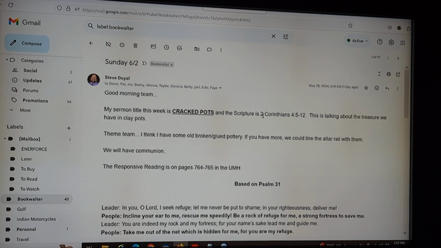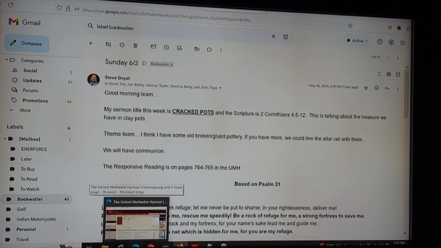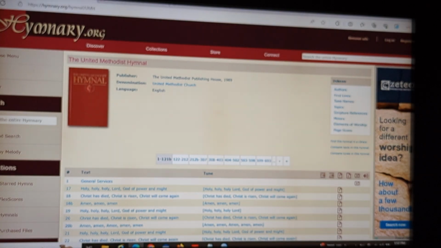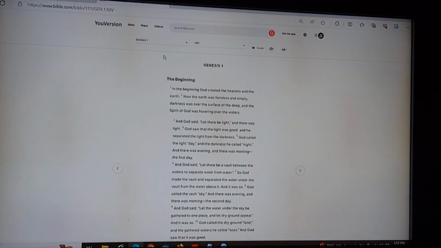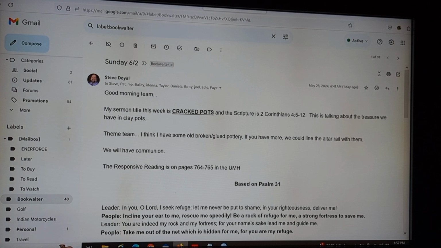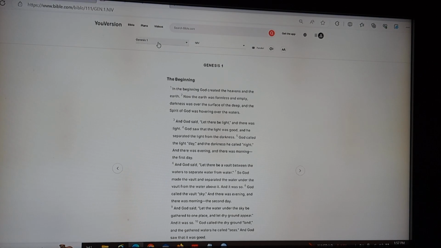Next thing I'm going to do is I'm going to come up here and look for this scripture. Now I have a United Methodist hymnal script or app on my computer, and I have a Bible app. That's the United Methodist hymnal. This is the Bible app. So I need 2 Corinthians 4, 5 through 12. So I'll come up here,